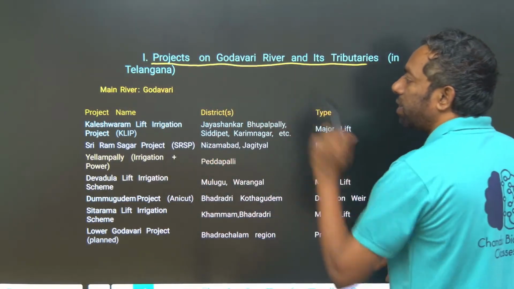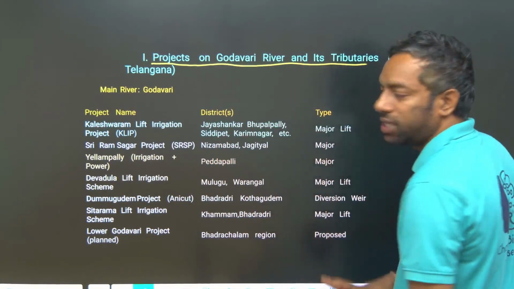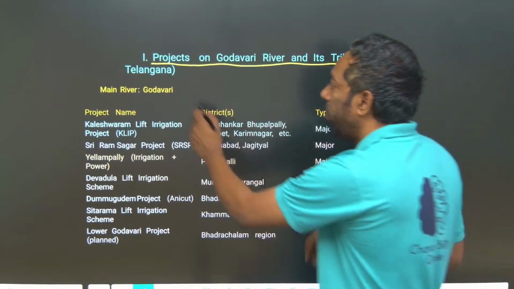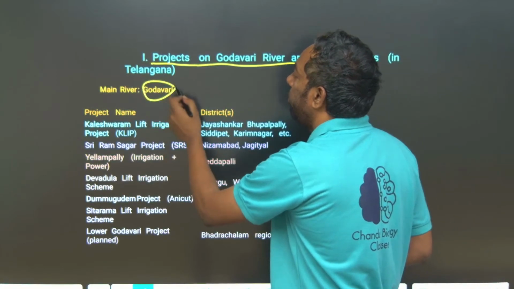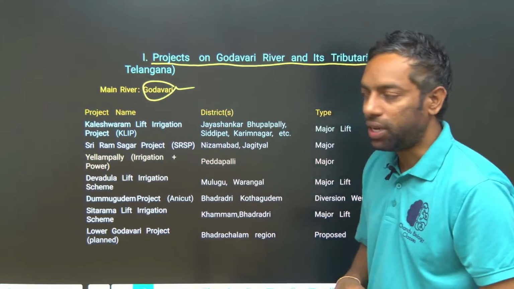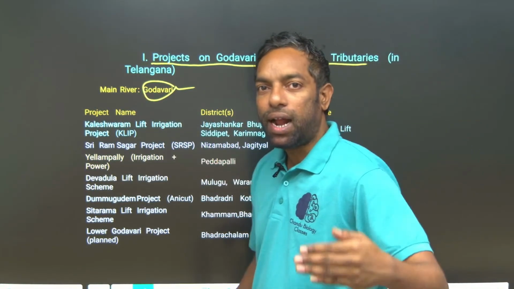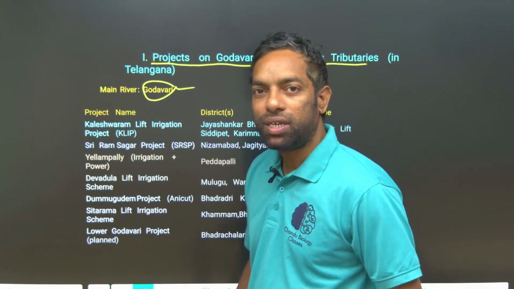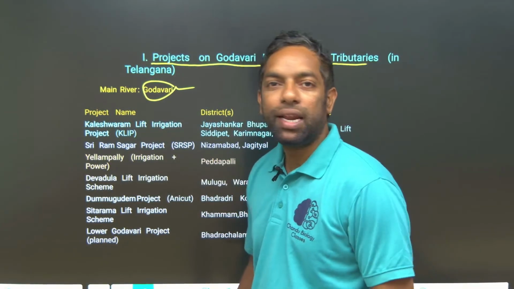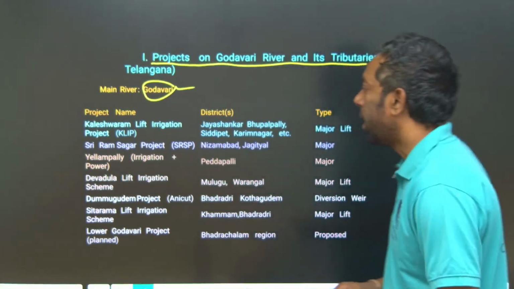And what are the projects on the Godavari? Especially I made it for the main river Godavari and its tributaries. I did segregate the Godavari and its tributary irrigation projects, and the Krishna and its tributary irrigation projects. Okay, yeah, Kaleshwaram